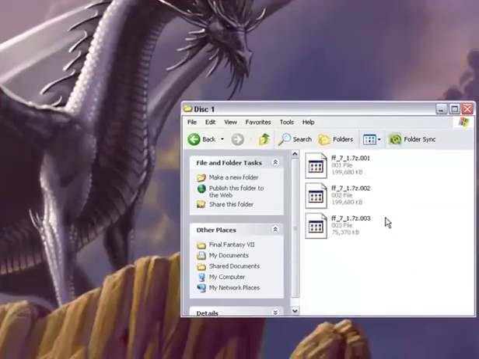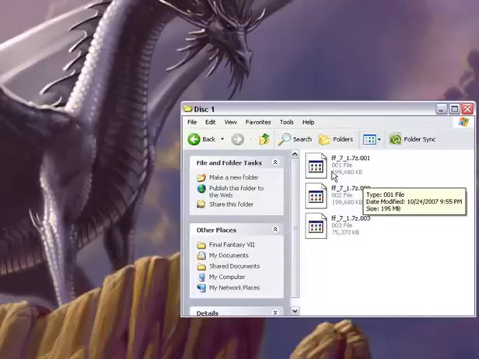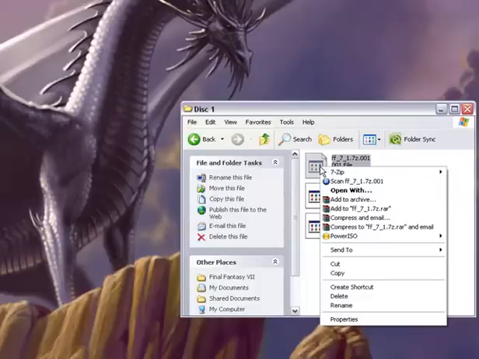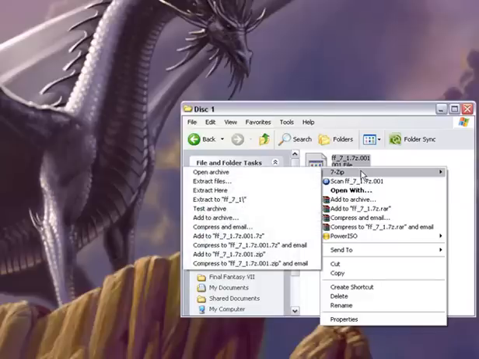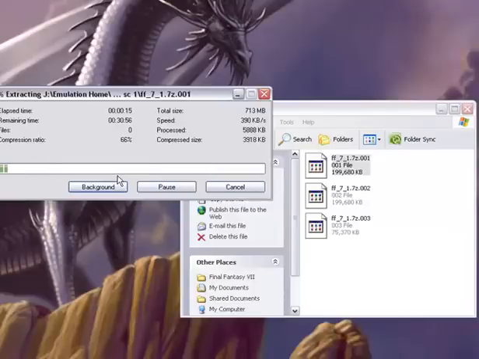We'll start with disk 1. Alright, now here you're going to run into this with WinRAR too. Sometimes there's more than one file for the disk, and that's okay. You don't need to click on all of them and extract all of them. You only need to right click one, and then you just go to 7-Zip in the right click menu, and again just extract here. It asks for the password. In 7-Zip you can have it show you the password just in case you're not copy pasting and you want to make sure you type the right password in, but we're copy pasting, so